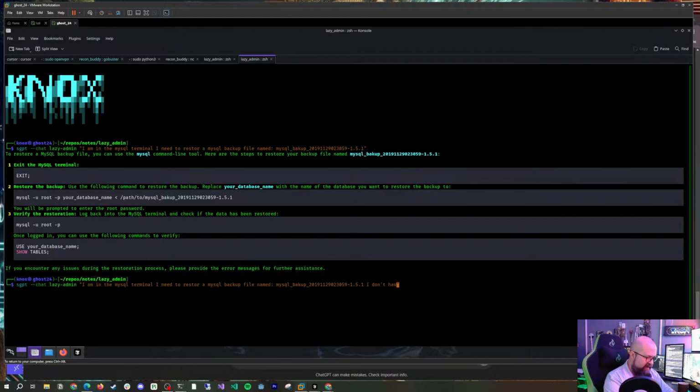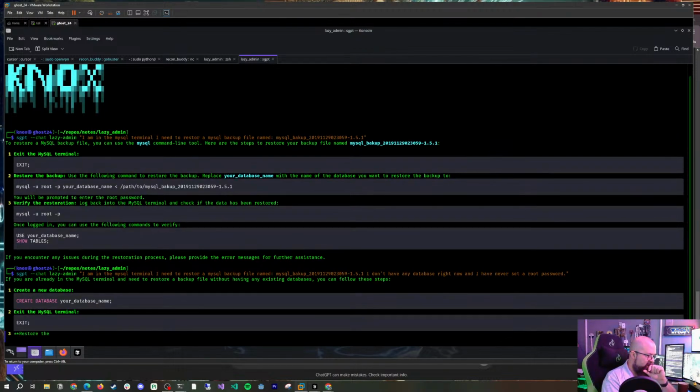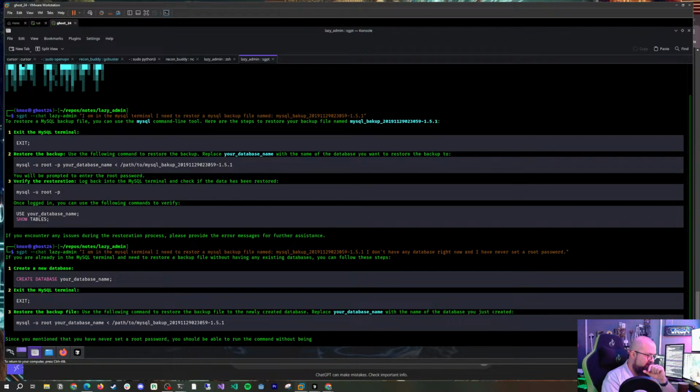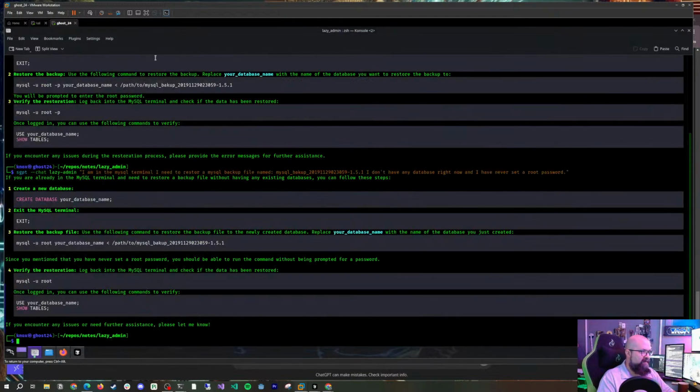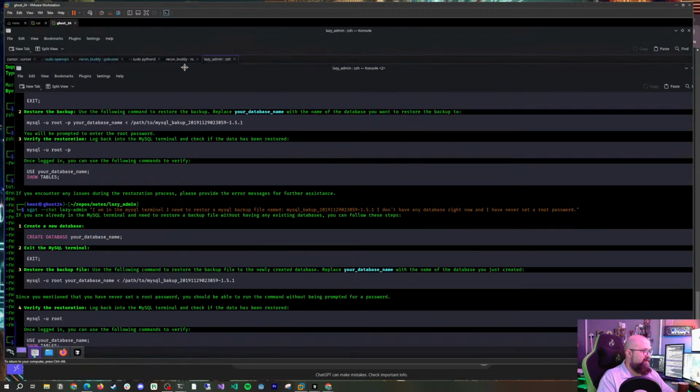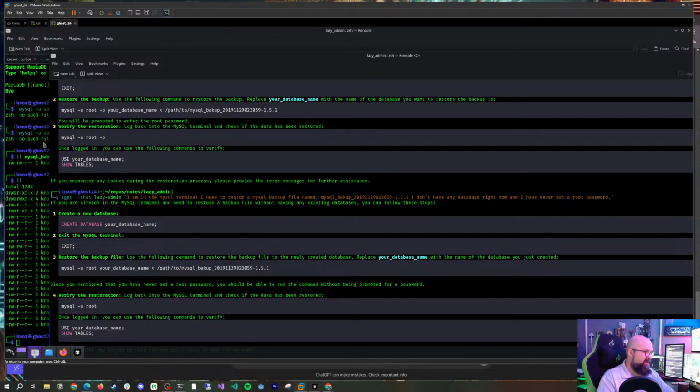I don't have any databases right now, and I have never set a root password. All right, so I'm gonna have to create a terminal. Okay, I need to split this. Can I split this? Detach tab. There we go. Okay, nice. It's gonna get ugly though, but